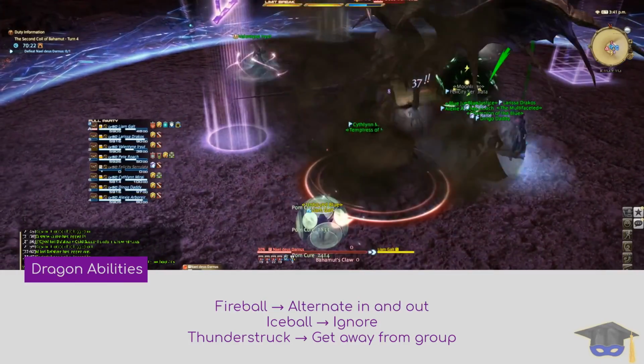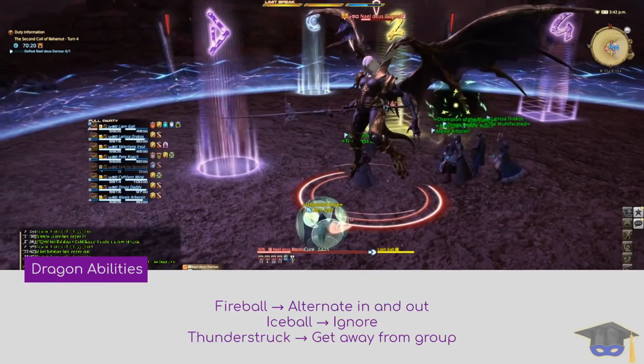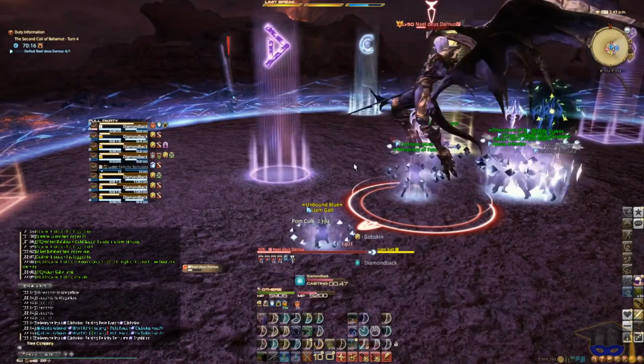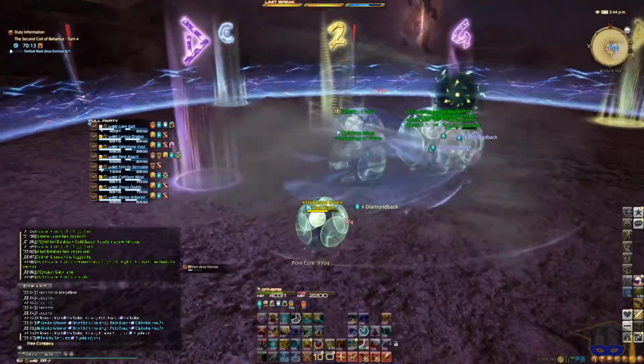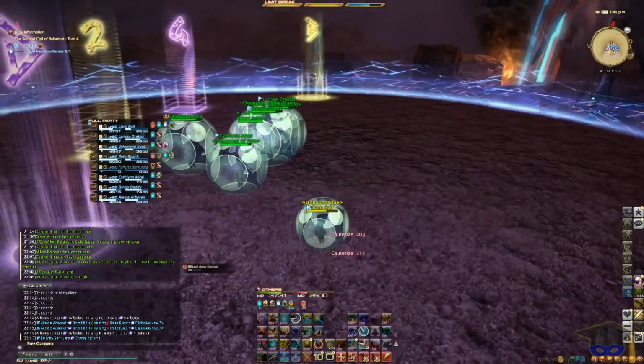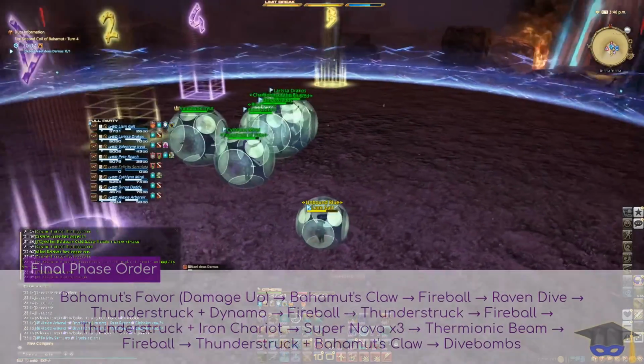The way we handle this is by stacking for alternating fireballs, starting with the first fire out. The timing works out such that players should not get double tapped by any given spell and killed. Thunderstruck should always move away from the group. Running to the back of Nael is far enough to not hit the party, and will also be safe from